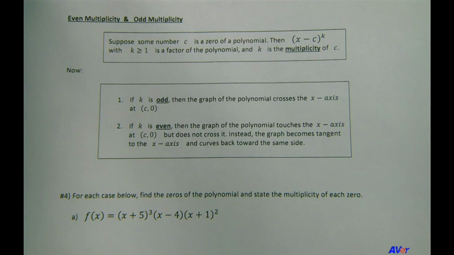In other words, how many times that zero of a polynomial can be associated with a factor of the polynomial. Okay, and that has important significance when we graph polynomials. So here we go, we have